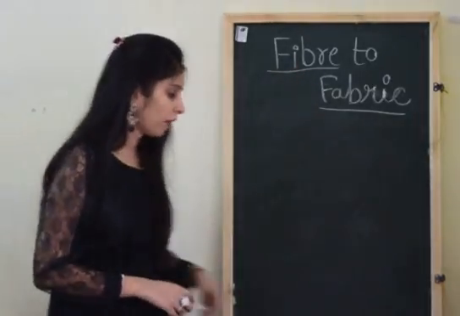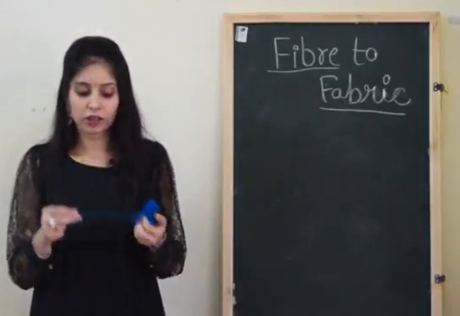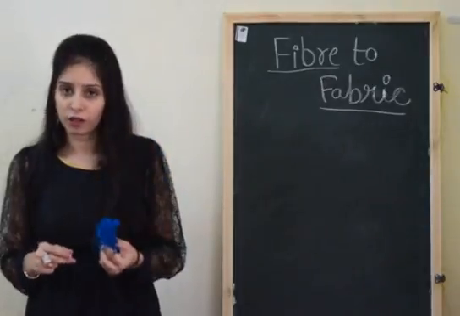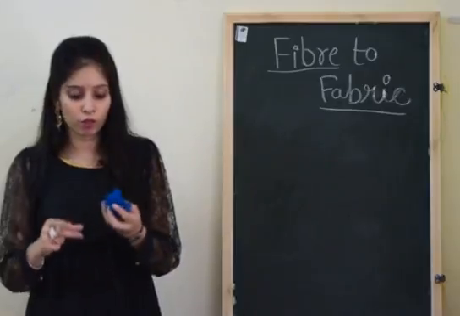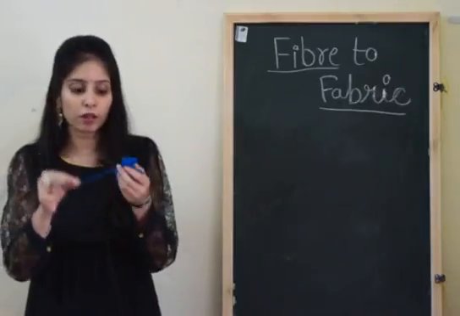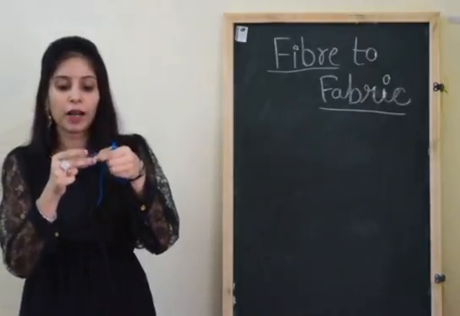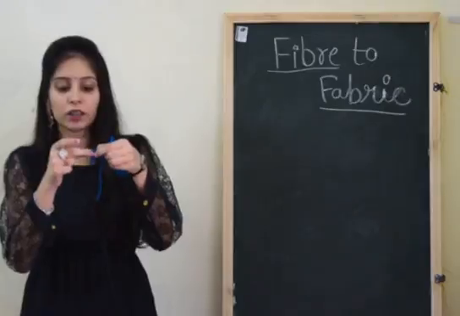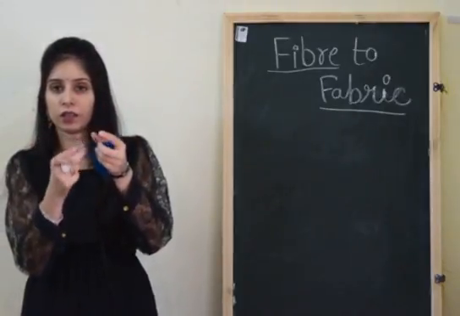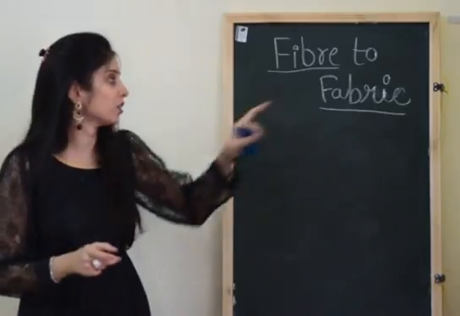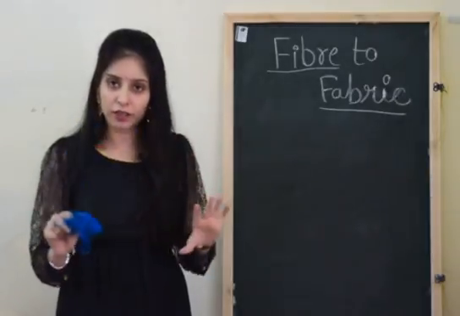For example, if I have wool, we know that from this wool we make a sweater, which is very useful in the winter. This wool is also made up of small thread-like structures. If we separate them, this particular yarn is made up of different thin thread-like structures. These strands are called fibers, and when a proper sweater is formed, this will be called the fabric.